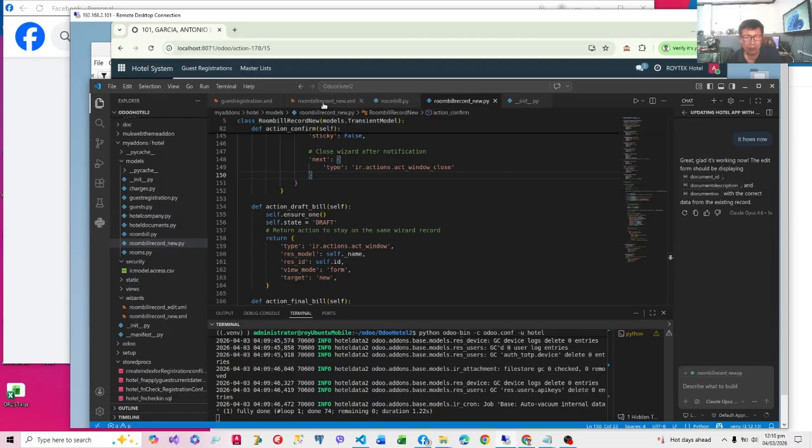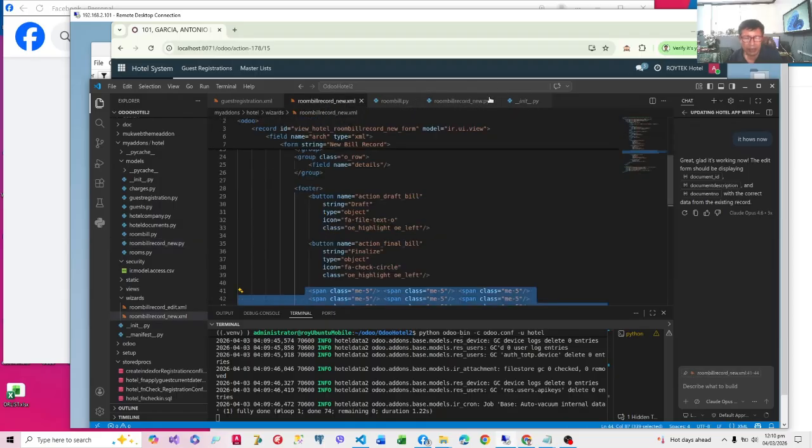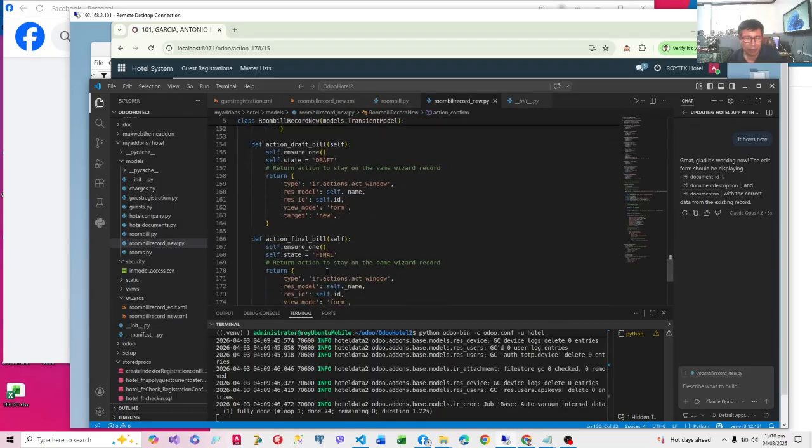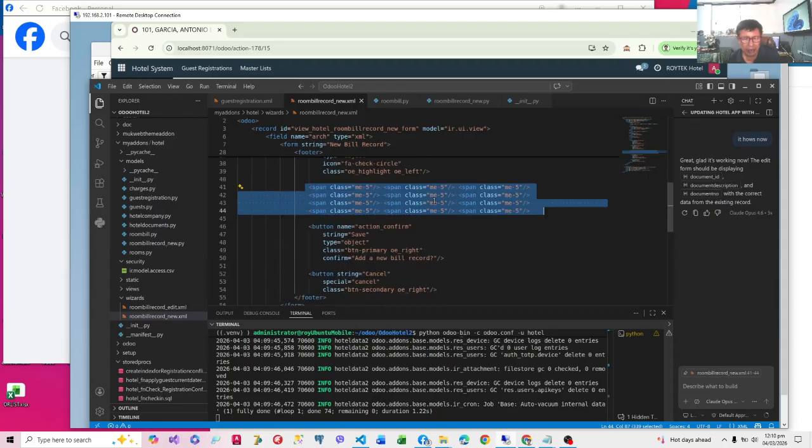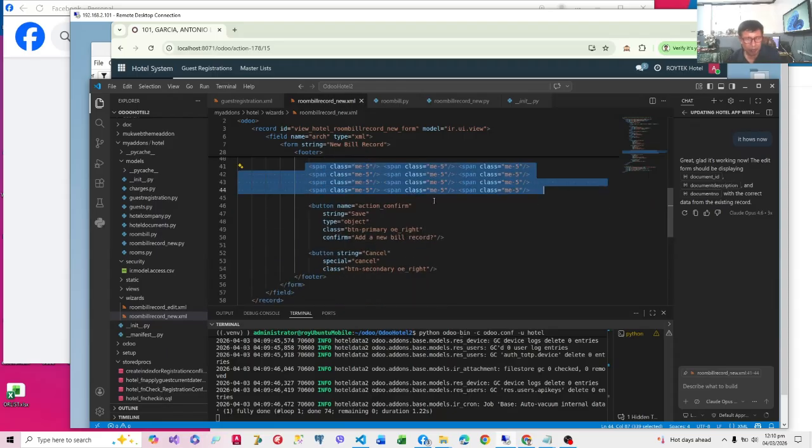And then our final bill, which we'll call the final bill Python action, also in our .py. And then we will have a confirm action. This is the confirm action that will transfer the transient record to the permanent record. So let's look that up.